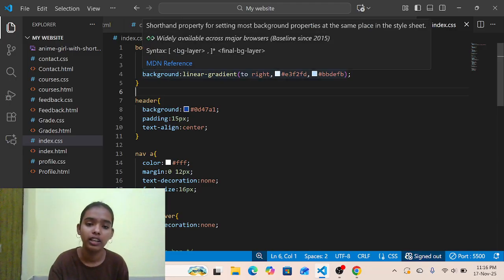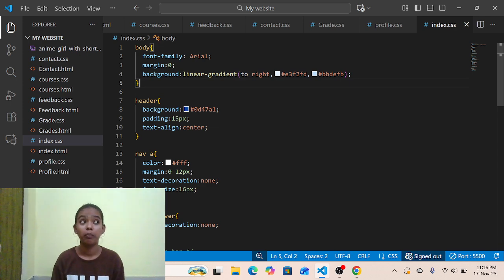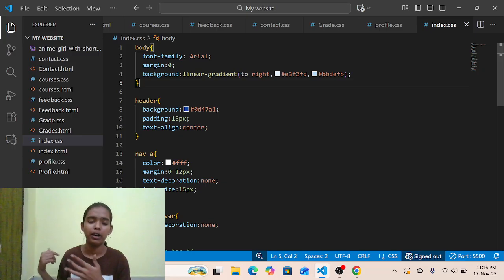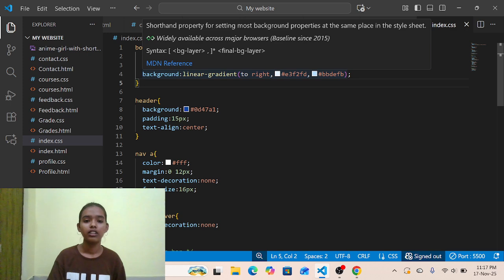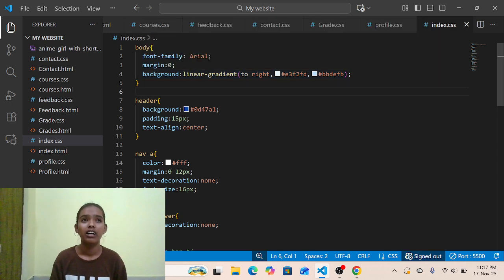Then this is background linear gradient. Background means how the back part of the page looks. Our web page is the main object, and the background is the back part. I take linear gradient.